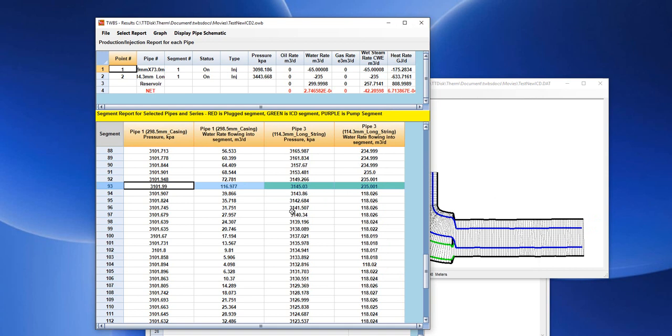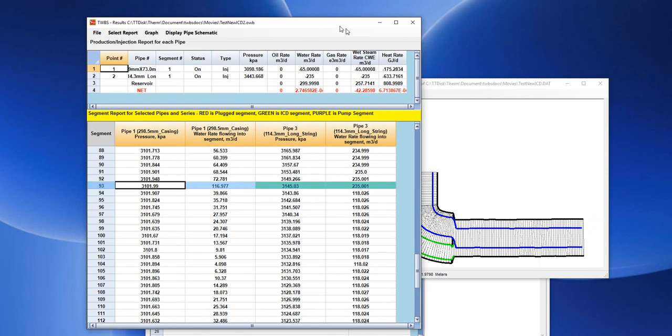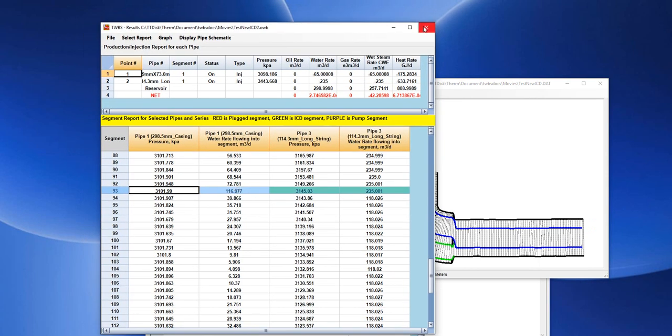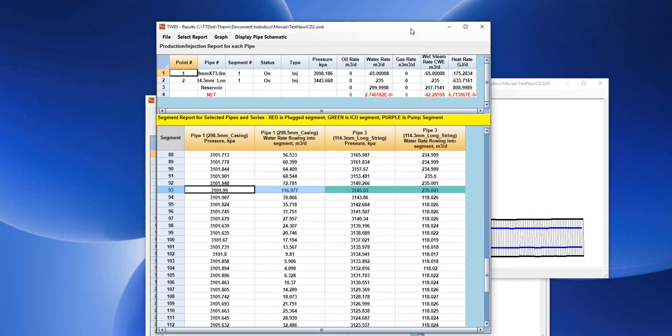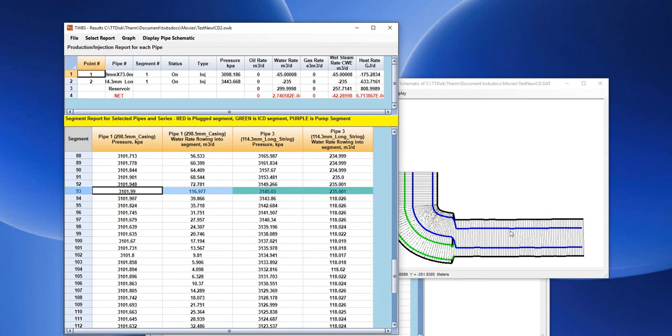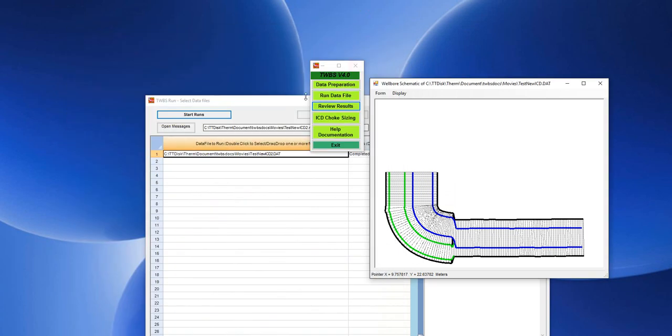So now, given that good run, we want to size the ICD. We want to say how many holes do we need, or what diameter do we need to be able to allow this much fluid to go from the current pressure conditions into the annulus. So if I go and look at the ICD choke sizing program,